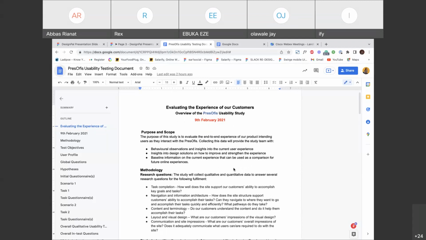The first is the purpose and scope of this study. I put it here that it is to evaluate the end-to-end experience of our intending users as they interact with the press office. Press office is the name of the product. It is not yet out. But when we wanted to do usability testing, I let them see that the purpose of this study is to evaluate the end-to-end experience of our intending users as they interact with the product. It is a new product. So collecting this data will provide the study team with